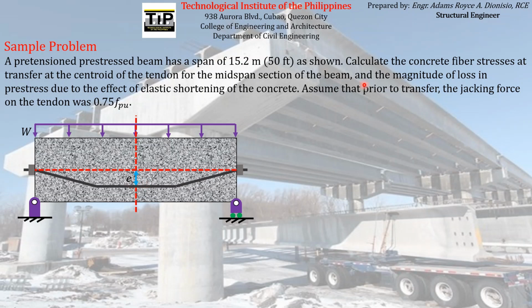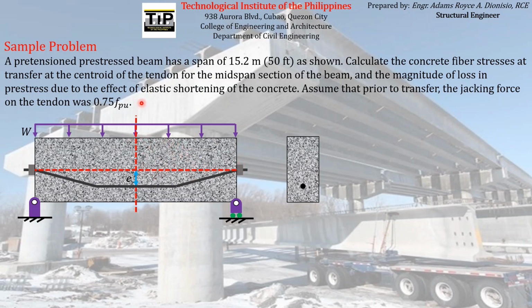And then after that, calculate also the magnitude of loss in prestress due to the effect of elastic shortening of the concrete. Assume that prior to transfer, the jacking force on the tendon was 75% of the ultimate strength of the prestressing reinforcement. So other details about the